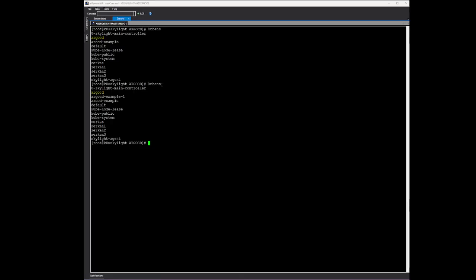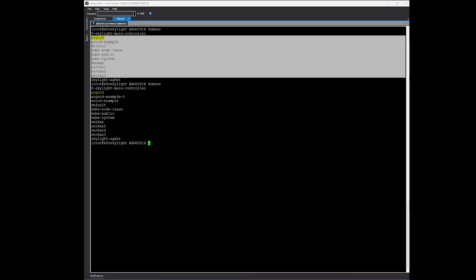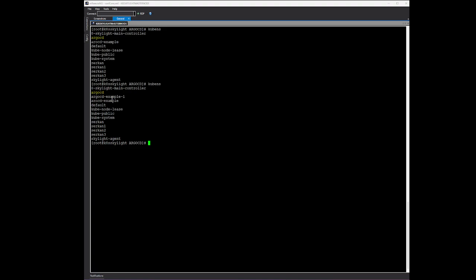It reads the files and API server from the YAML file, the cluster installation YAML file, the kubeconfig YAML file. And in this one we can see that before we didn't have Argo CD dash example dash one, and now we can see it here.